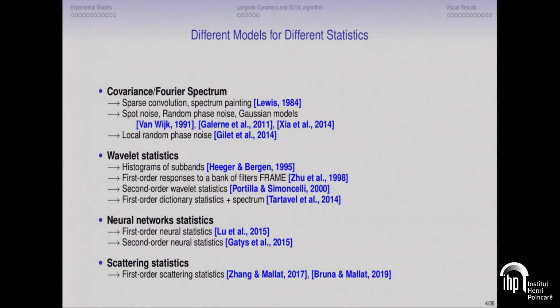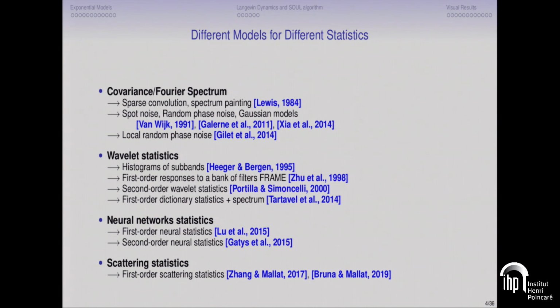Okay, so more recently, Gatys and colleagues wrote a groundbreaking paper that used neural network statistics to synthesize an even larger class of textures. But of course, they used many more statistics than Portilla and Simoncelli. So here, I would say that this one is quite close to the state of the art in terms of visual quality, but of course it's quite long for synthesis.